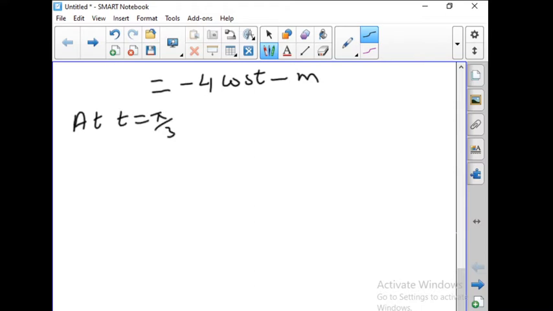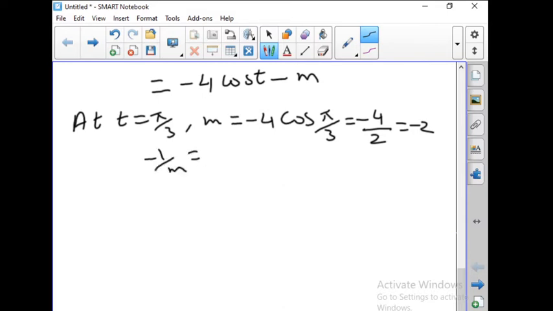Pi by 3 means it is 60 degree. So minus 4 cos pi by 3. Cos pi by 3 is cos 60, which is 1 by 2. So 4 by 2 is equal to minus 2. So m is equal to minus 2, and minus 1 by m is equal to minus 1 by minus 2, which is equal to 1 by 2. Okay. So therefore